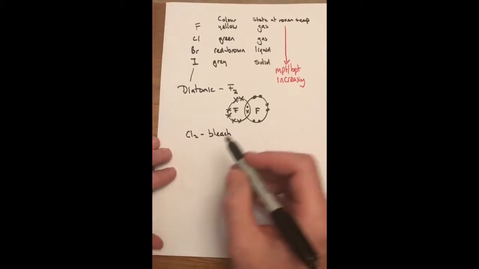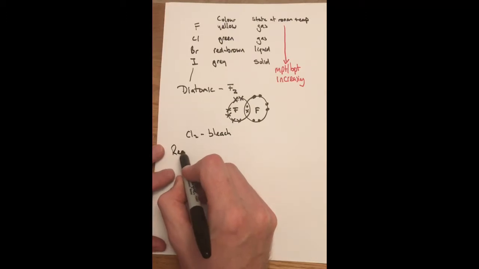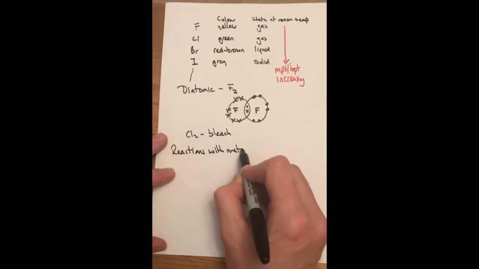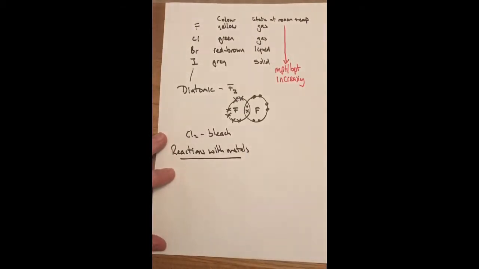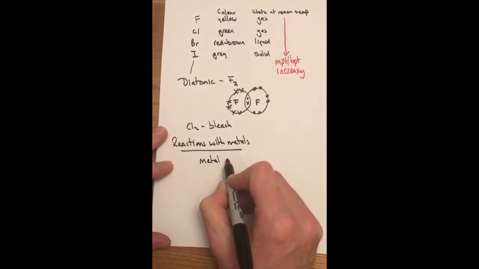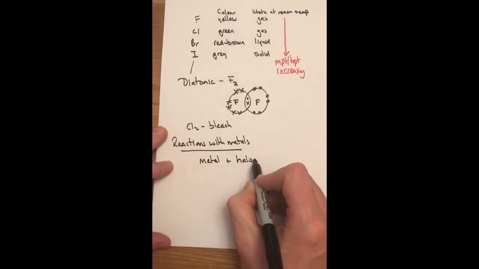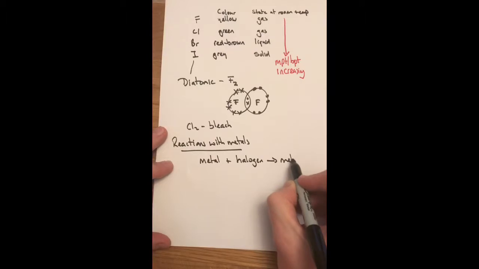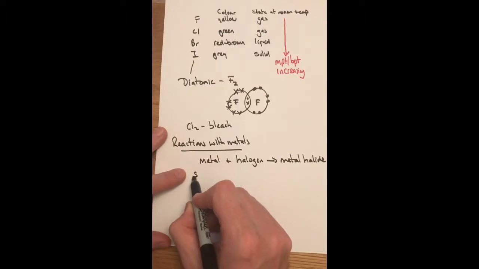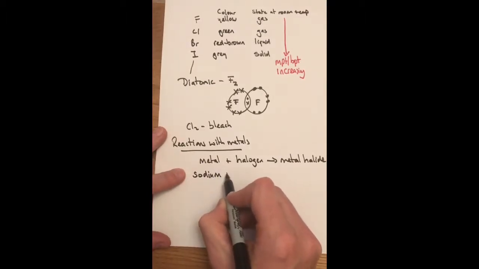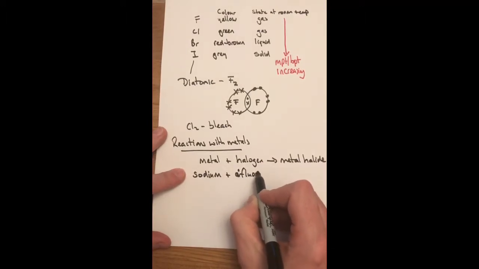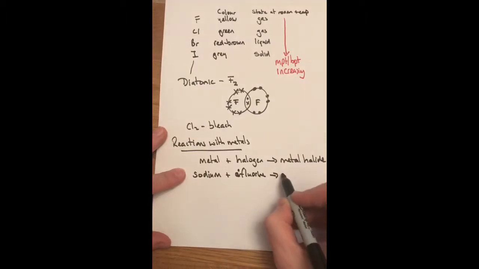We also need to know, with the halogens, some reactions. So the first reactions we need to know are the reactions with metals. Okay, so you need to know how these halogens react with metals. So let's have a quick look. We have got a metal, let's do it in a general equation first, plus the halogen, and it makes a metal halide. So if, for example, the metal is sodium and the halogen is, I was going to do chlorine, but let's do fluorine. We'll use chlorine later on. Fluorine, then we end up with